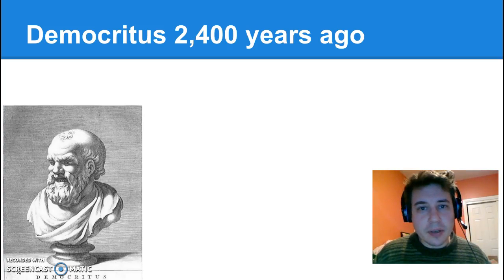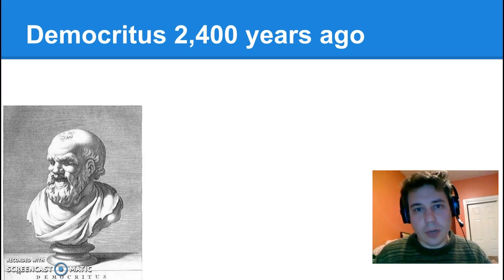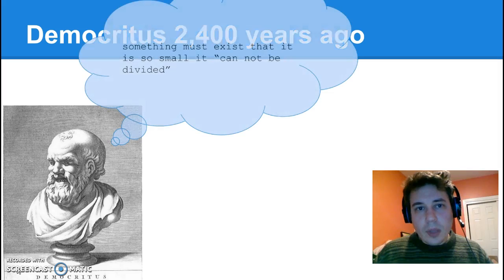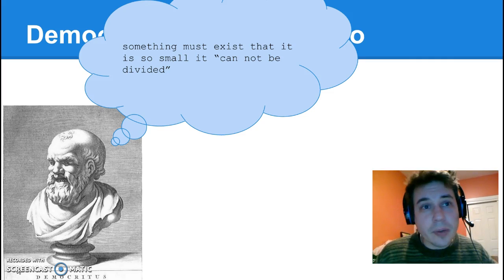We talked about way back in the times of ancient Greeks, Democritus, over 2,000 years ago. Just imagine the idea that there was something so small that it couldn't be caught. And that's where we get the word atom from. So the history of the atom starts all the way back 2,000 years ago. They used the word atom as describing something that can't be divided, or uncuttable, and we talked about that several times in class. You guys did really well in understanding that.